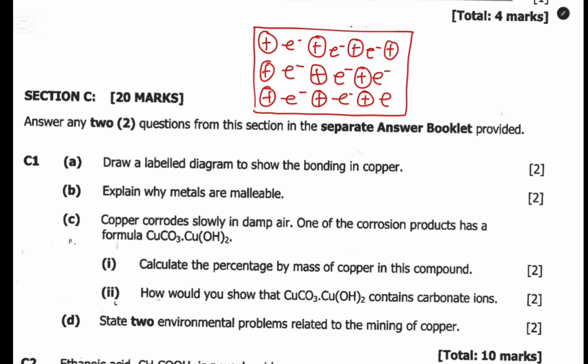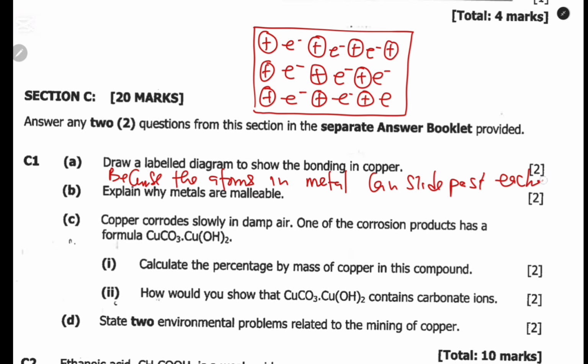Then, explain why metals are malleable. That is C1b. The answer is because atoms in metal can slide past each other when force is applied, and can easily